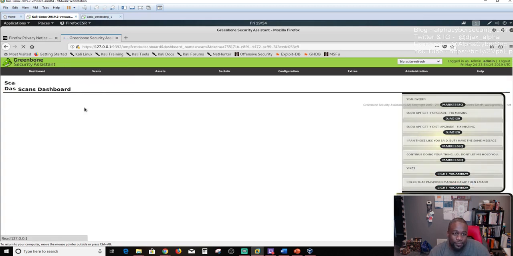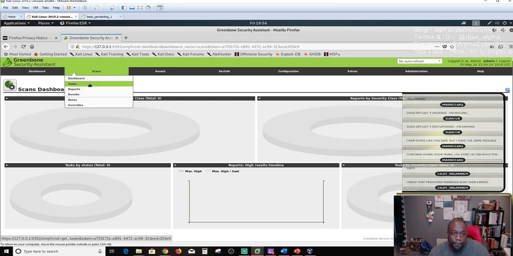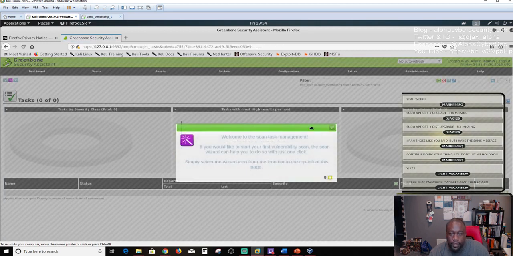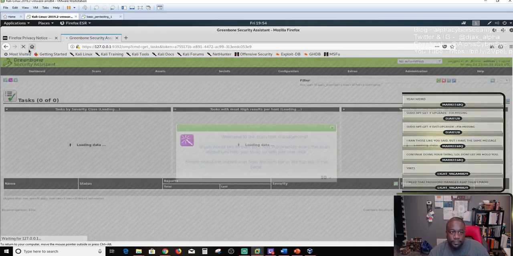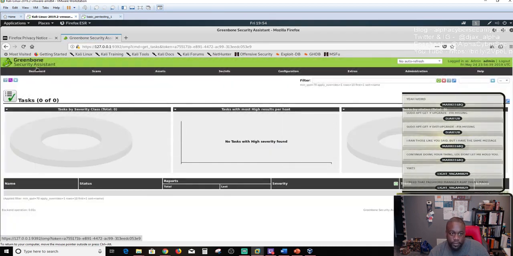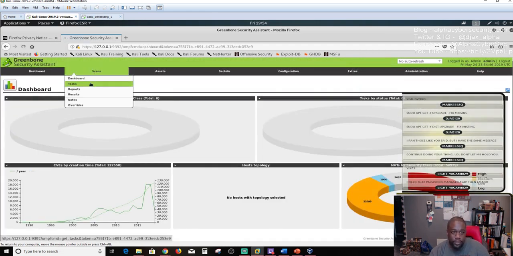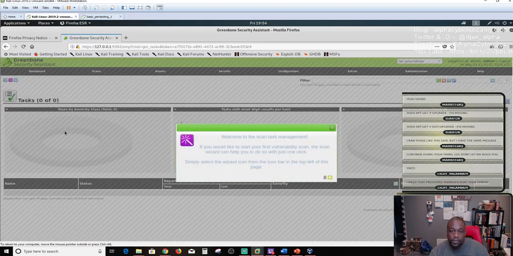All right, so there we go. So what I just did, if you go to scans, okay, whatever. We're going to go back to the dashboard. To run a scan, you go to scans and then you go to tasks. And then it gives you this little wizard. It actually kind of helps you go through the process if you don't really know how to scan it, which is what we'll do